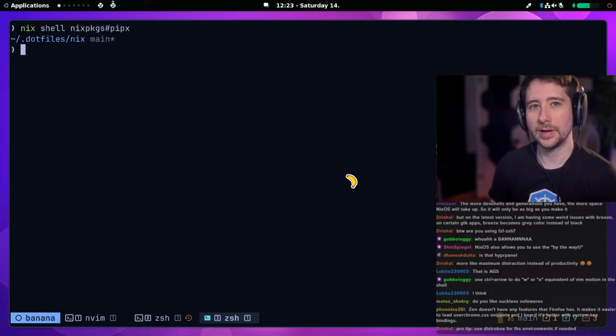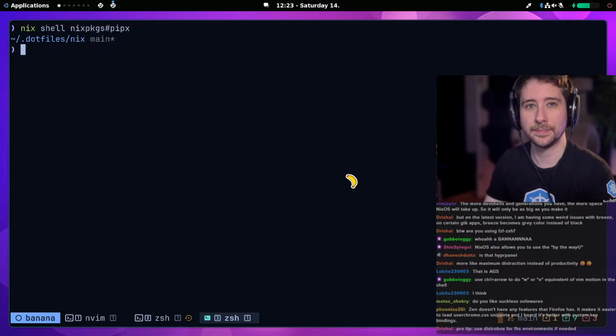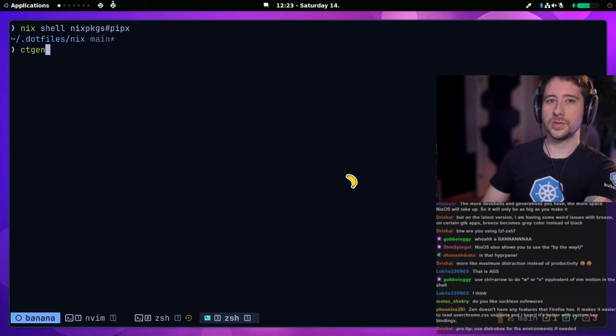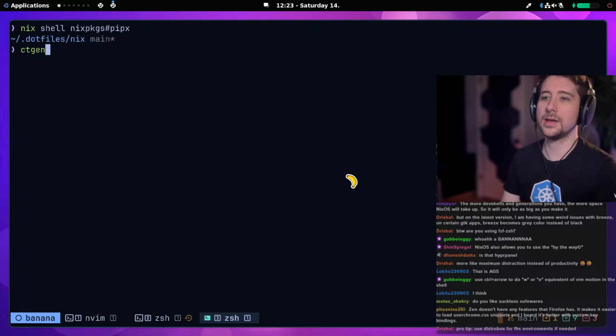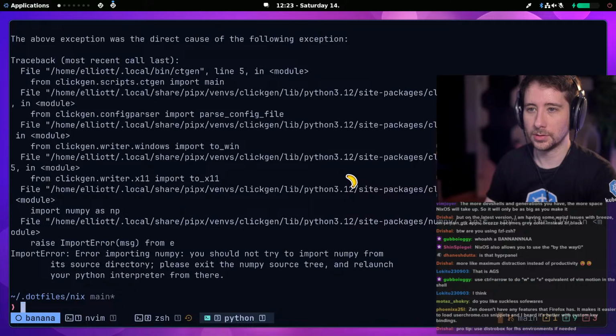Use Distrobox for FHS environments if needed. That's a good tip. What camera am I using? I'm using the FX3, which is way too overkill for